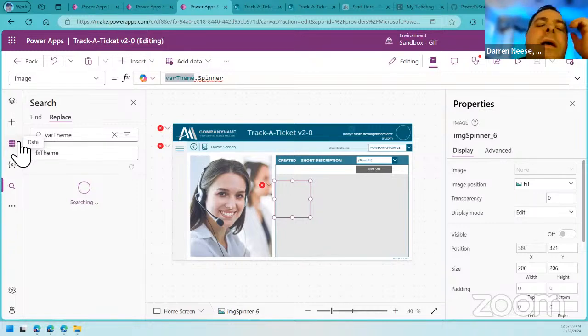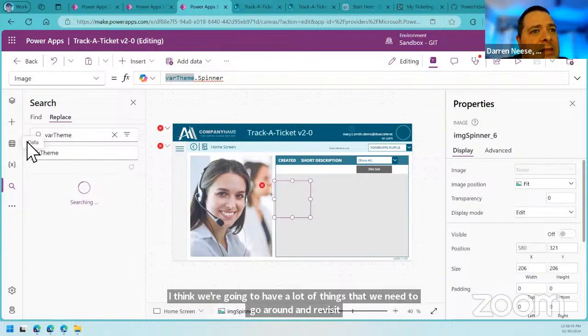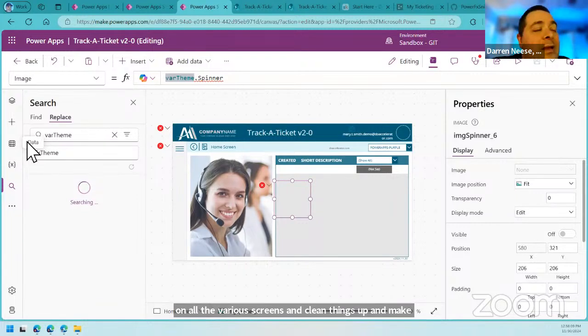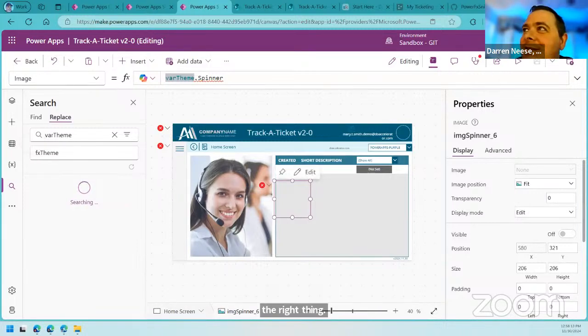So I feel good that we took care of app on start, app formulas, and I think we're going to have a lot of things that we need to go around and revisit on all the various screens and clean things up and make sure it's referencing the right thing. So we'll end up doing that next. Hopefully you guys enjoyed this, and we'll see